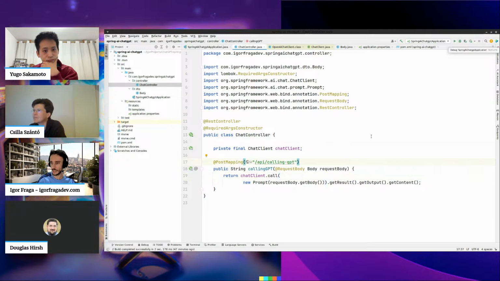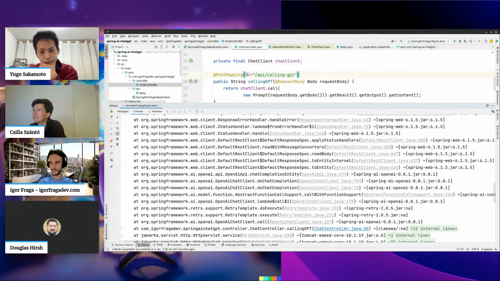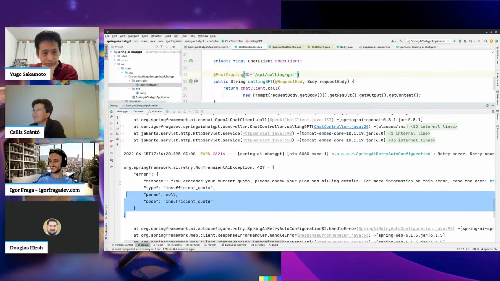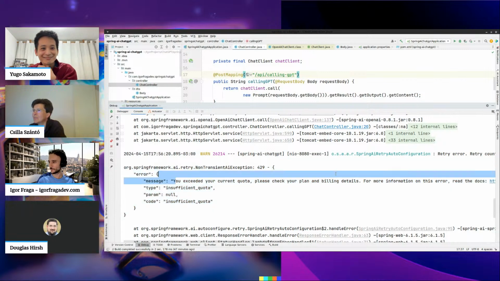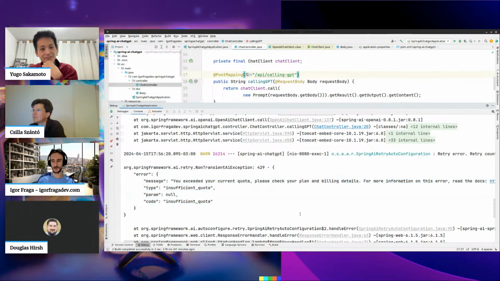Let's see. I want to show you something real quick. This error that you see here is what happens if you don't pay. When you call OpenAI, you have to pay. Otherwise it says, hey, here is your message, we want your money. So be extra careful if you're going to put something in production that calls OpenAI. You need to know when to call OpenAI and when not to.